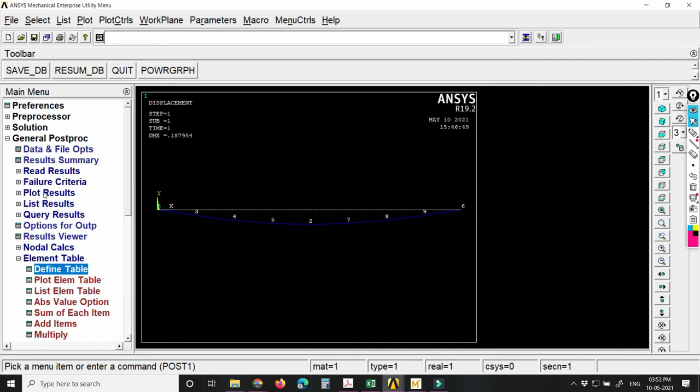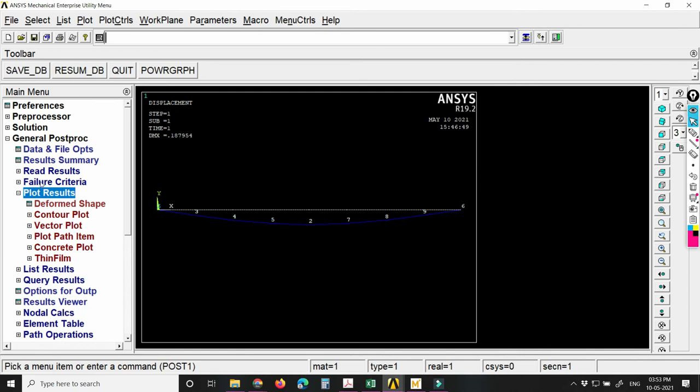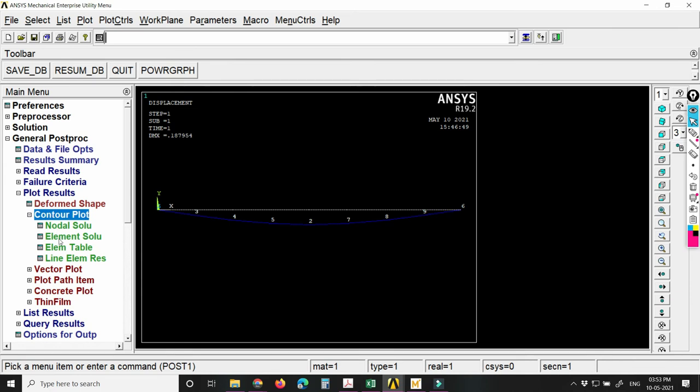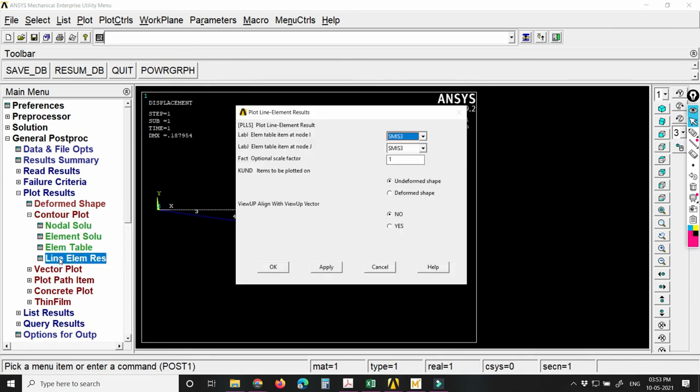Now go to the plot results. You will go to the contour plot, then to line element results. Here you can choose for node 1 and node 2 what the SMIC numbers are.